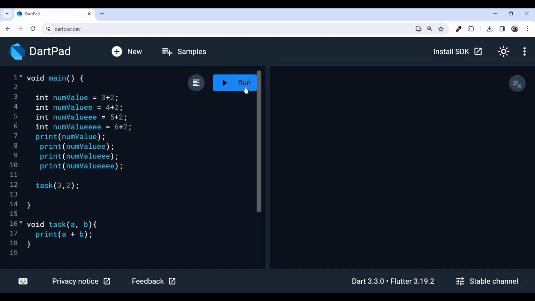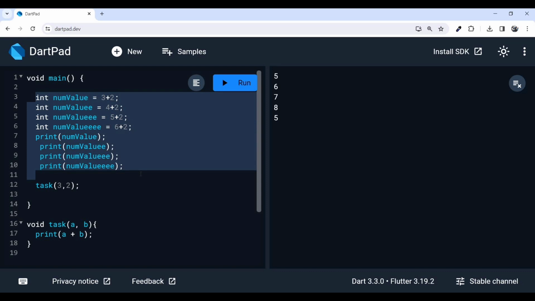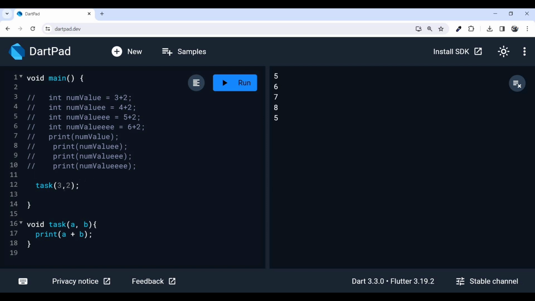Run. So you see, it provides me with an output of 5. Let me just comment this first. So yeah, I've already commented this. So you see how simple this is. The logic I took from this is that I want to sum two variables, a and